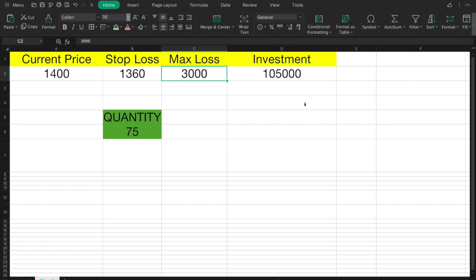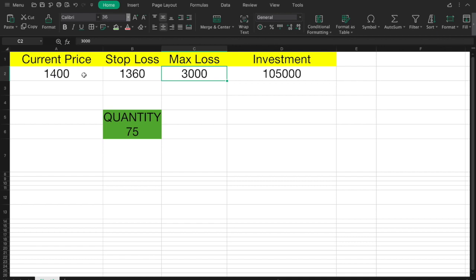Now let us come to the position sizing concept. How many quantities should we buy? Whenever you enter a trade, whatever the trade may be, for example buy at 100 rupees with the stop loss at 90 rupees, position sizing needs only two things: our stop loss and the price at which we enter, and nothing else. From this we will be able to understand how many quantities we need. We have one simple formula to calculate it. I have made the formulas in the Excel sheet so that you can use it, but you can create your own also.